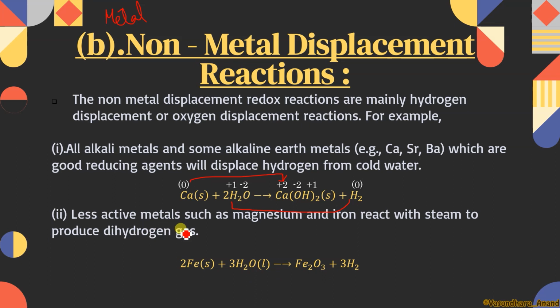So Fe plus 3H2O will give you Fe2O3. Somewhere you can see Fe3O4 also, and that one is actually the appropriate one. As you all know, Fe3O4 exists as FeO and Fe2O3. You can see that in both cases, whatever compound it is forming has an oxidation state greater than 0. That means oxidation is occurring over here. Fe is going to be oxidized while hydrogen is going to be reduced.